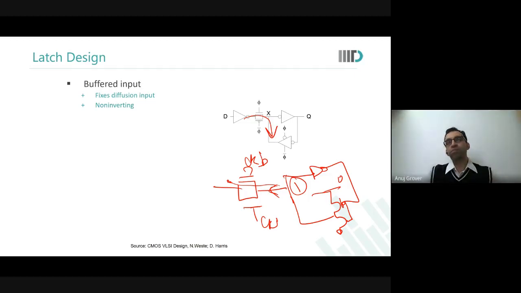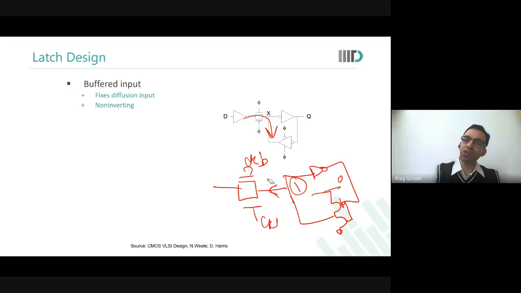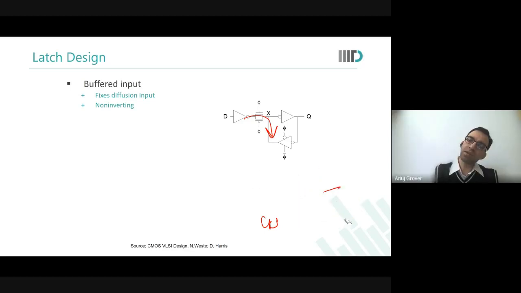When we go towards the last lecture, we will talk about SRAM cells, and there we will see that the feedback is not really a tri-state. The feedback is an inverter only, and that leads to a lot of problems for the memory cell. That is why next semester I will be taking an entire course on memory design, because the memory cell has that issue, since you remove 2 transistors. So we do not want to enter into any such complexity when we do standard cells. Therefore, we use a tri-state. Okay, sir.